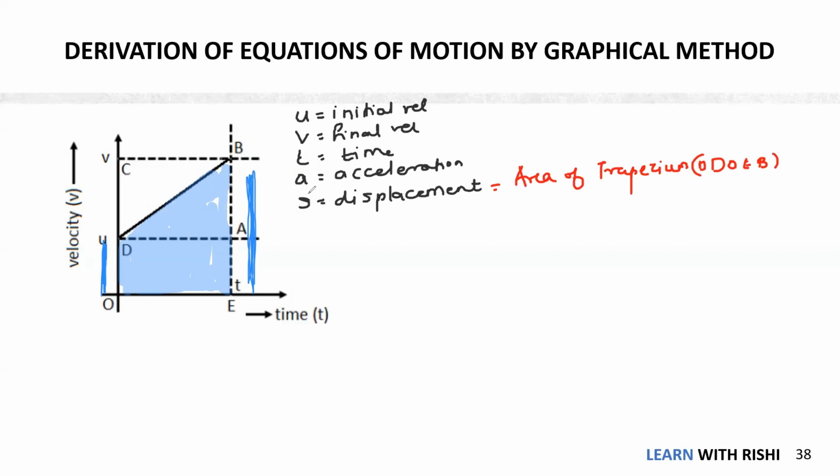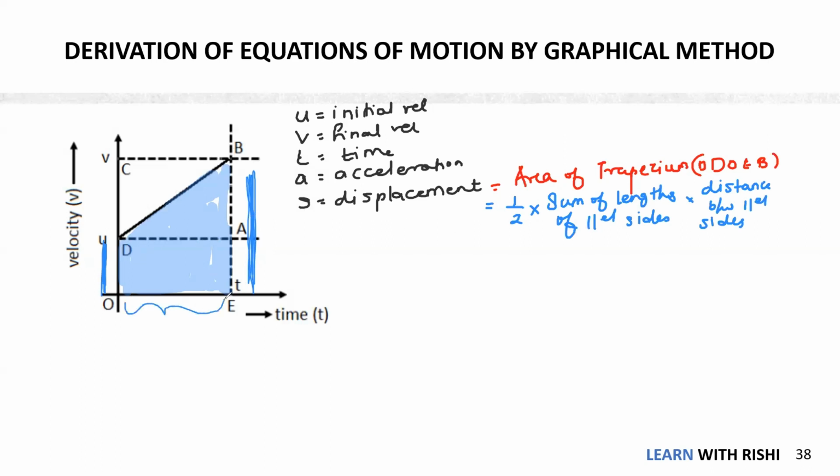Now the formula for the area of a trapezium is half into the sum of the lengths of parallel sides into the distance between the parallel sides. Now from the graph, OD and BE are the parallel sides, and OE is the distance between them. So if I substitute this here,